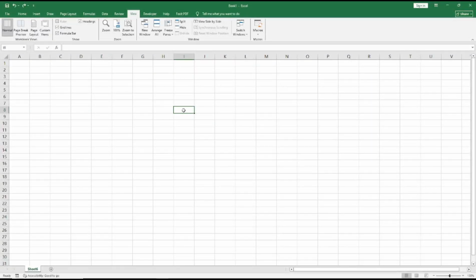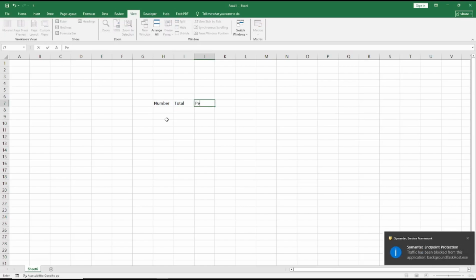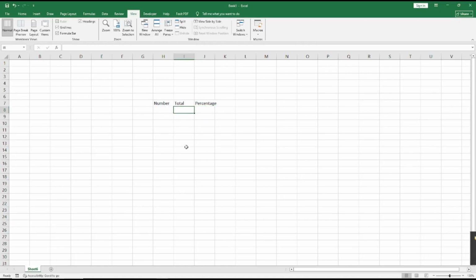Hello everyone, today we are going to learn a basic Microsoft Excel tutorial: how to calculate percentage. As an example, I will create here a column for number, then total, and this is percentage. I will set the total to 70,